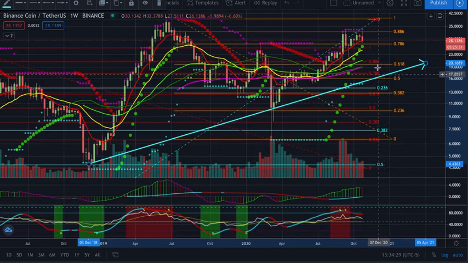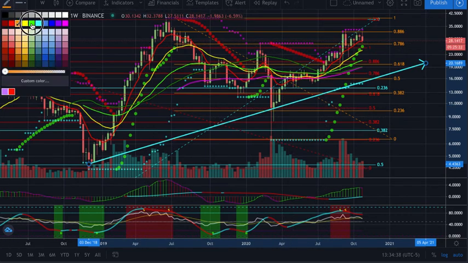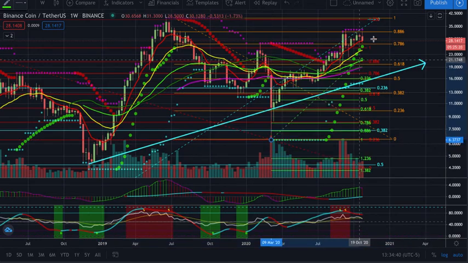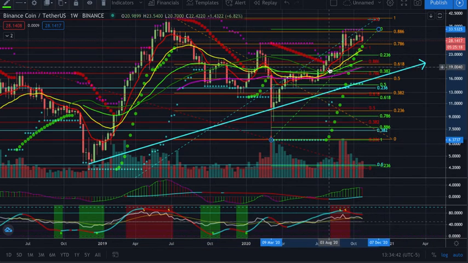But, again, we don't confirm that until we get back down to the 236 of this move right here. So we'll put a bullish fib on this one, from the bottom to the top right here. Once we topped out, we sold back down and already touched the 236 and then failed to put in a higher high. So typically what's going to happen now is we're going to come back down to the 382,